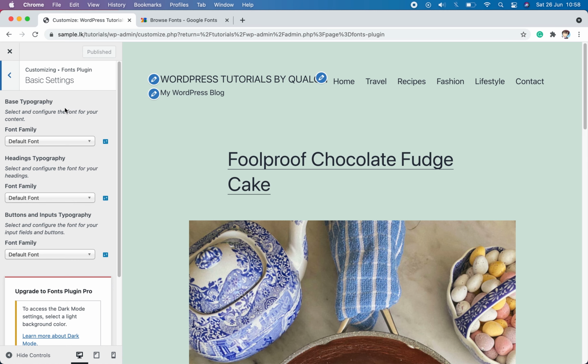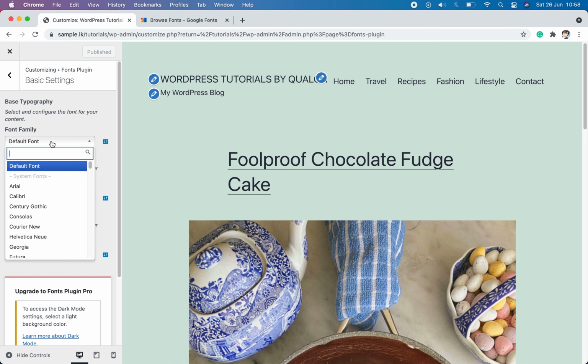In the Base Typography, you can change the font in paragraphs and the body font of the site. Let's add a font to see the changes. Add any font in the drop-down menu as you prefer. This menu contains all the fonts in the Google font list.